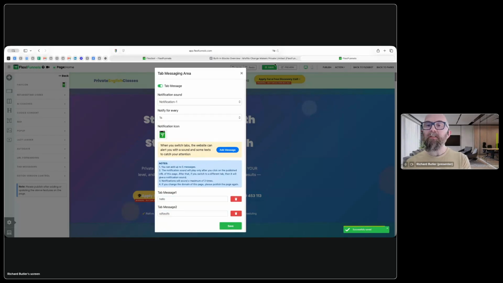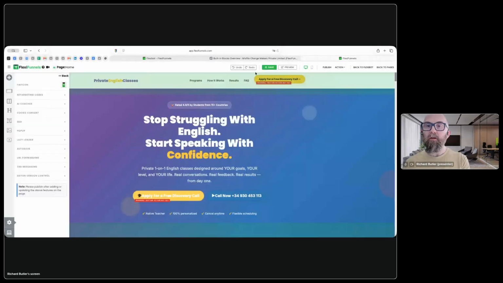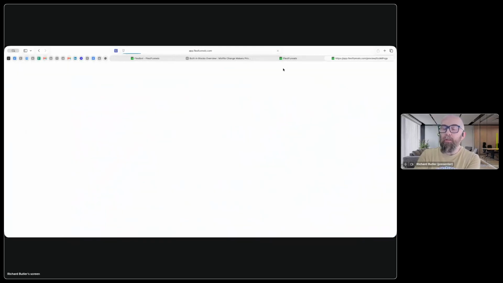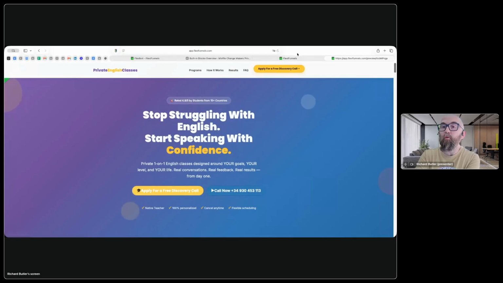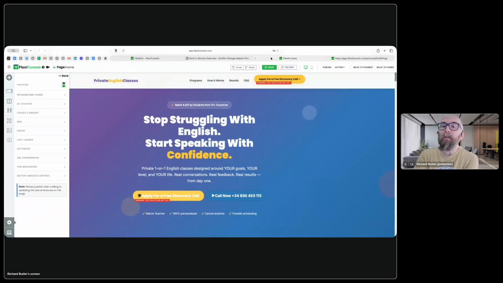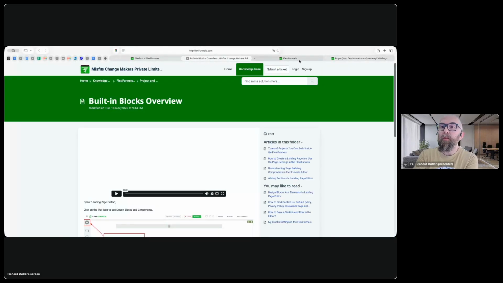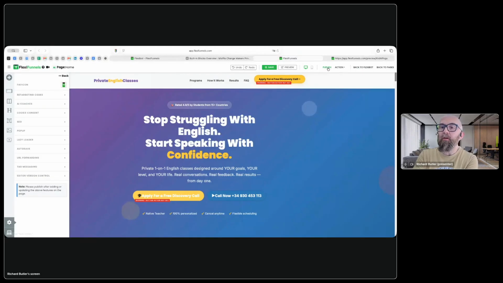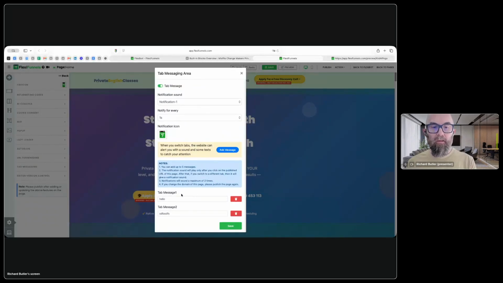And what that should do, if I just close this off, if I save, and if I preview this, what this should do, and this I think comes in at tier 3. If I click away from the page, it should at some point, and I haven't set this up myself correctly, it should at some point, let me just see. I don't want to publish that because I don't want it to go on the live site. Well, actually, let's do that. Let's just go in here and let's put in